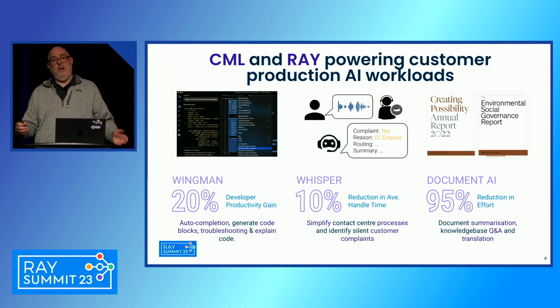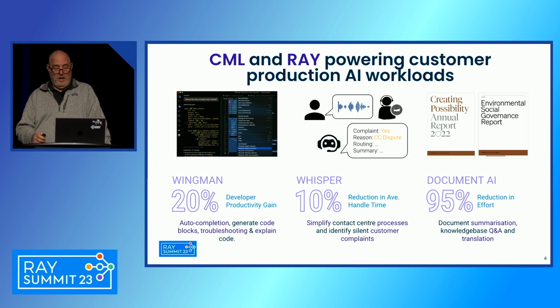And then finally, one of the biggest uses we've all heard with generative AI is the ability to do summarizations. So we've got one that's implemented a document AI tool that summarizes documents, and they've found a 95% reduction of effort